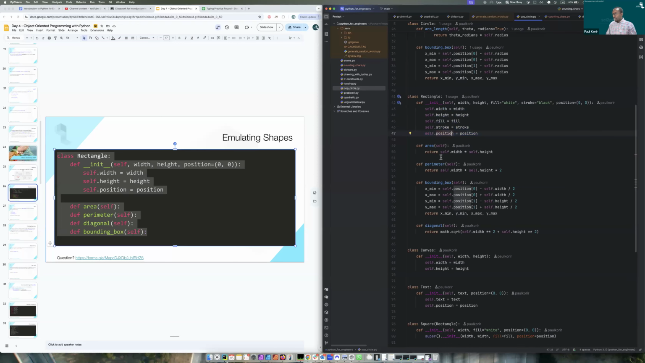And then we have an area, which is calculated based on the attributes, the width and the height. And we have a perimeter, which is again calculated based on that. Oh, so this is actually wrong. This should be self.width plus self.height times 2. That's an error. Okay, and then the bounding box has got an x minimum, x maximum, which just defines those